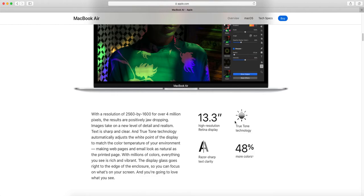They don't come with that, but they do come with True Tone technology. True Tone technology is where a computer will adapt to the lights. So let's say you're in a really dark room, your computer will automatically lower your brightness to what is recommended for that amount of darkness, and it'll provide a really soothing effect on your eyes rather than having to manually do it. Honestly, I think True Tone is kind of excessive because if we're in a dark room, we're just gonna lower the brightness anyways. It's kind of excessive, but it's neat for someone who's really busy and working on their laptop and doesn't have the time to stop and